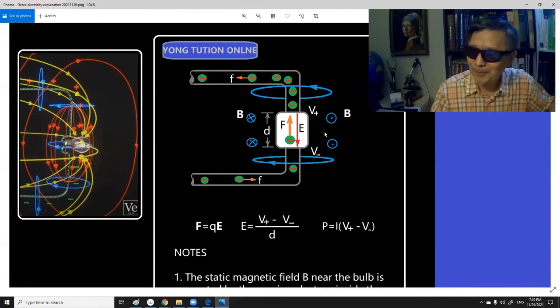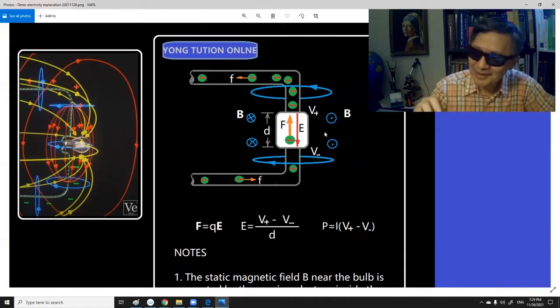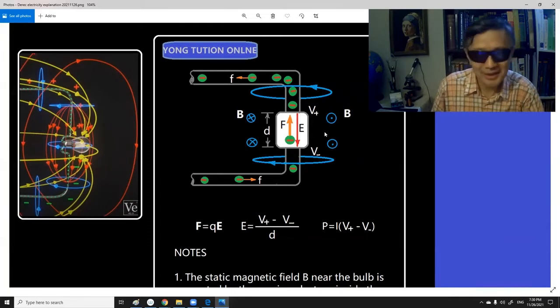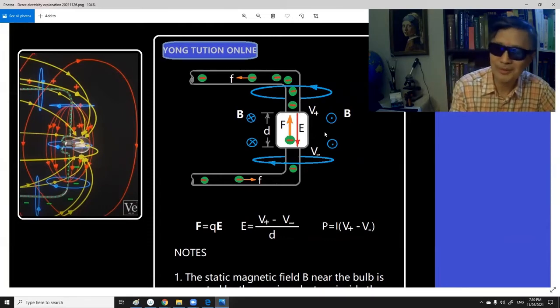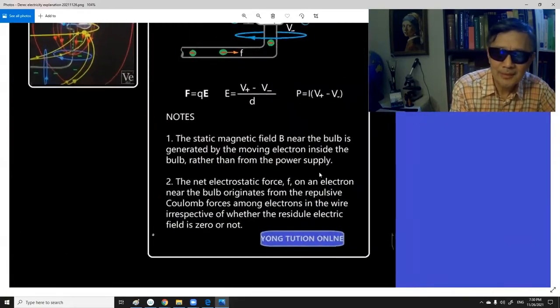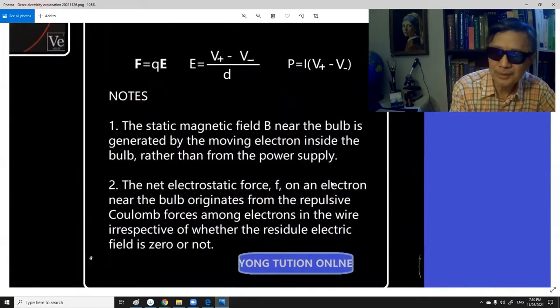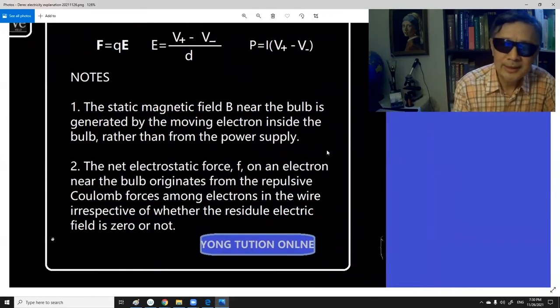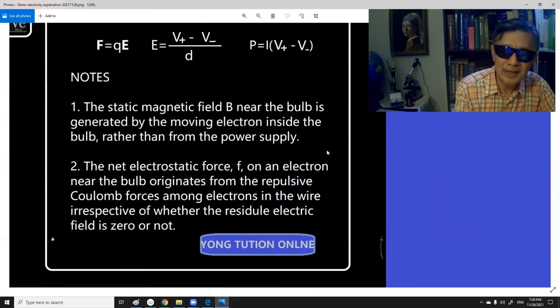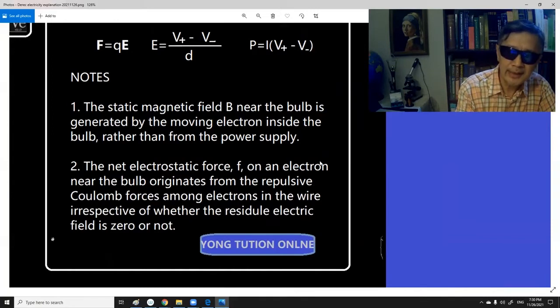Do we treat this Poynting vector, this magical energy flow, as a type of radiation? You can't. It's terribly wrong. But this is a remark I have to make sure to convey: the static magnetic field near the bulb is generated by the moving electron inside the bulb rather than from the remote power supply, as I had just explained. Second, the net electrostatic force F, that's the very interesting part, small f, on an electron